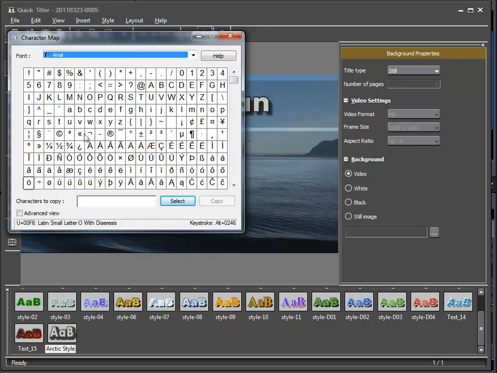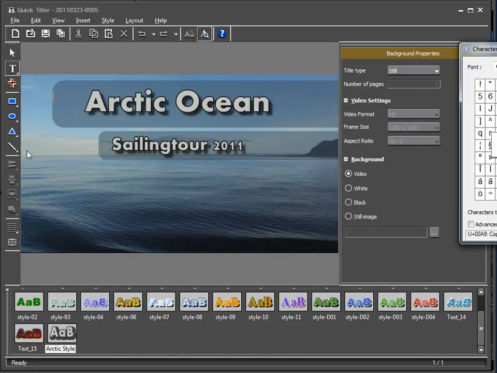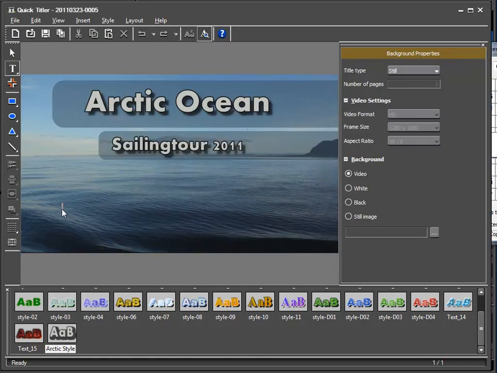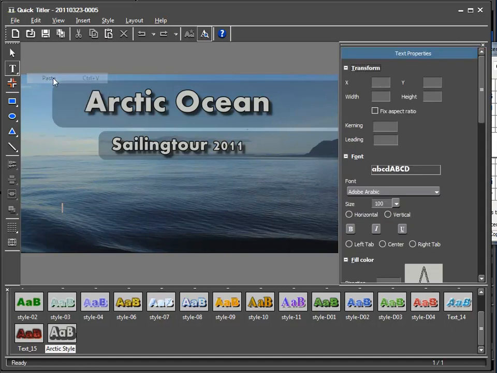As most fonts have the same range of characters available, I'll stay with the Arial font for the minute. And here, at the start of the section, I can see the copyright symbol that we are looking for. I can choose it, and then, using Select, I can bring it into this field. And then, I can use Copy to place this in the buffer. And now, if I change back to my title, I can click somewhere with the cursor, as long as I have the text tool selected, and here, via Edit and Paste, I can insert the character,